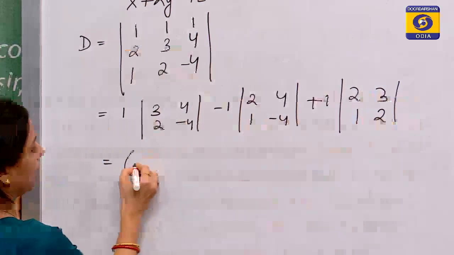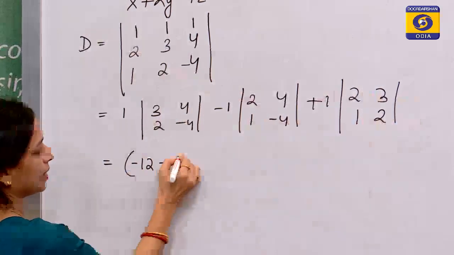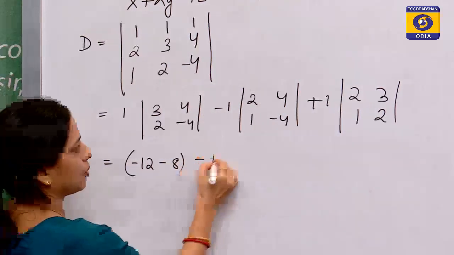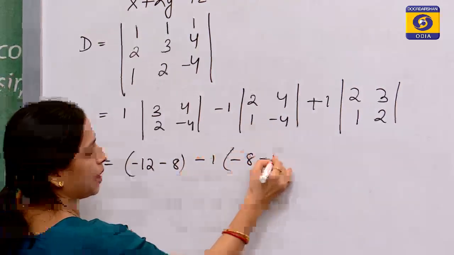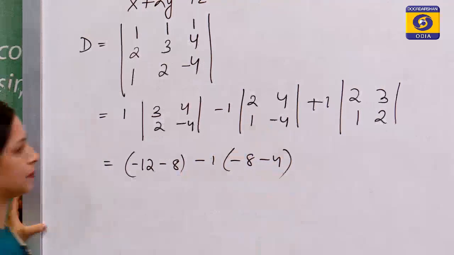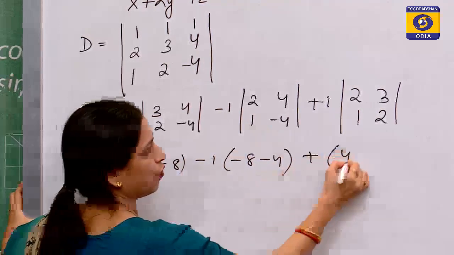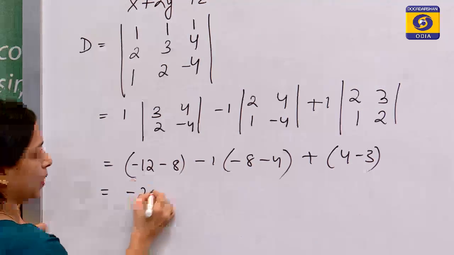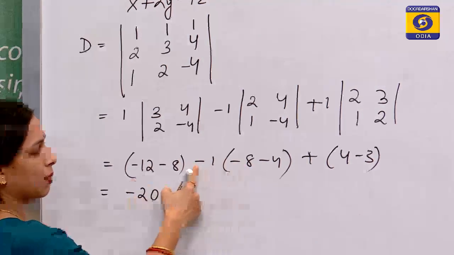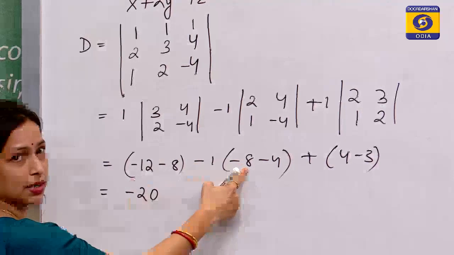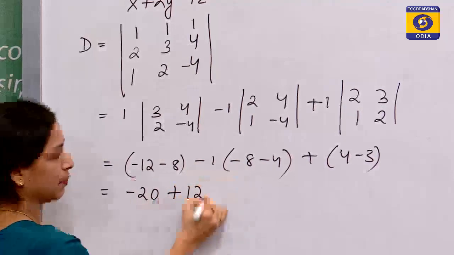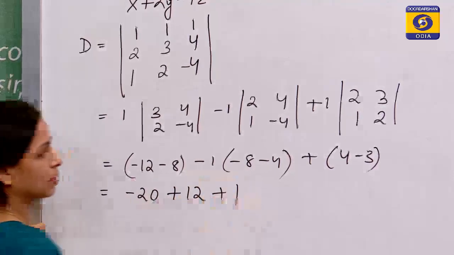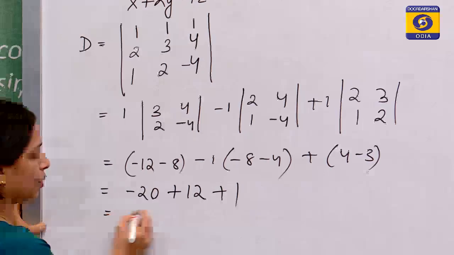Now, we get minus 12, minus 8, minus 1, this is minus 8, minus 4, right. This is 4 minus 3. So, here we get minus 20, this will become minus and minus 12. So, this will become plus 12, right, and this is plus 1, right. So, the value is